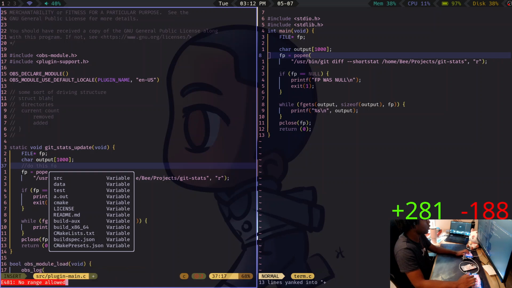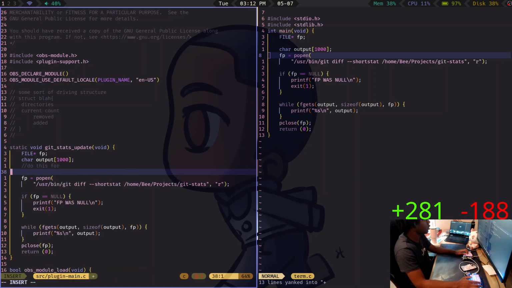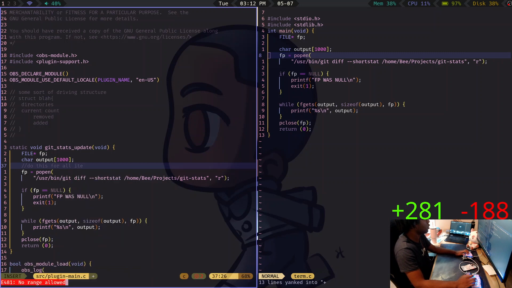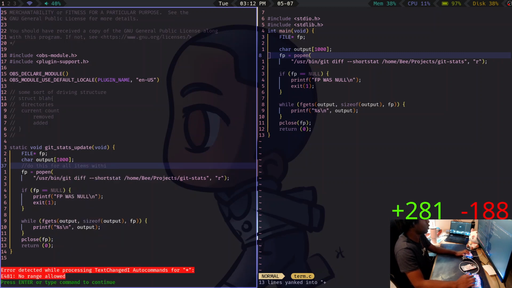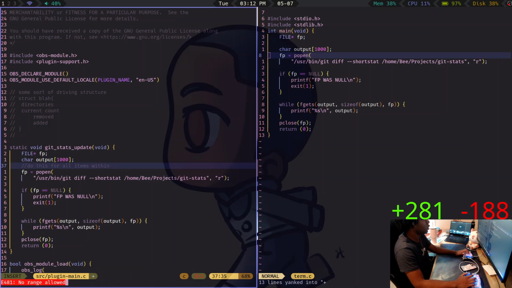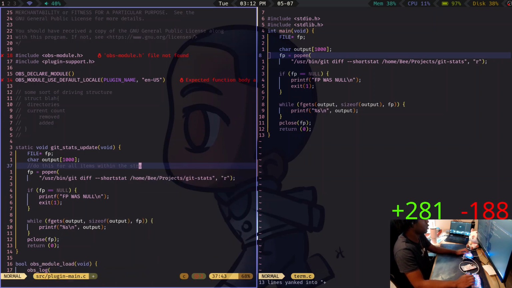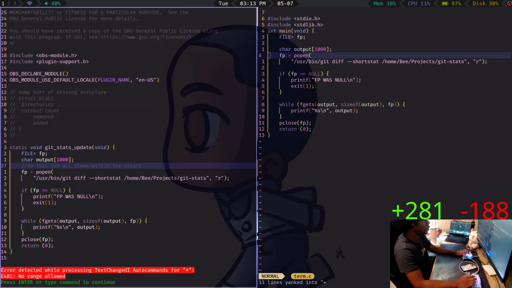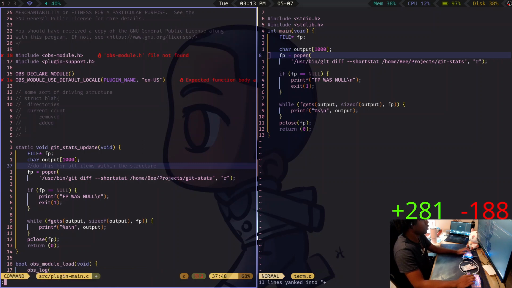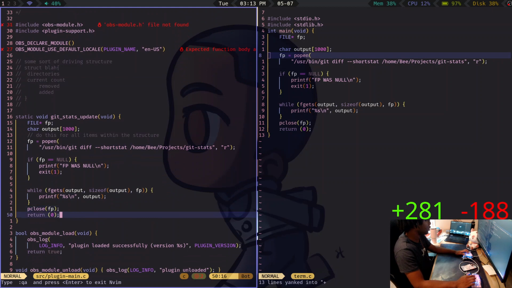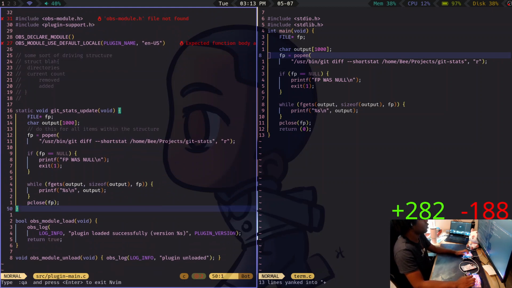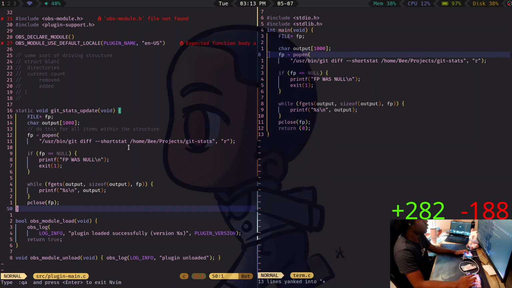Do this for all items within the structure. Okay. So that's good, and we don't need this though. Okay. So that's good for now.